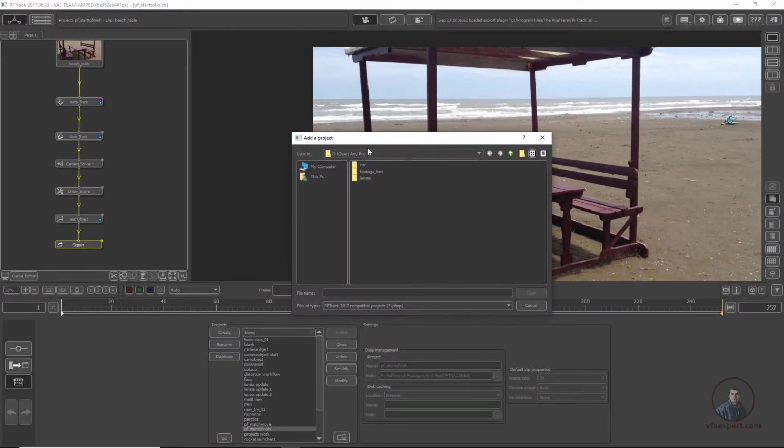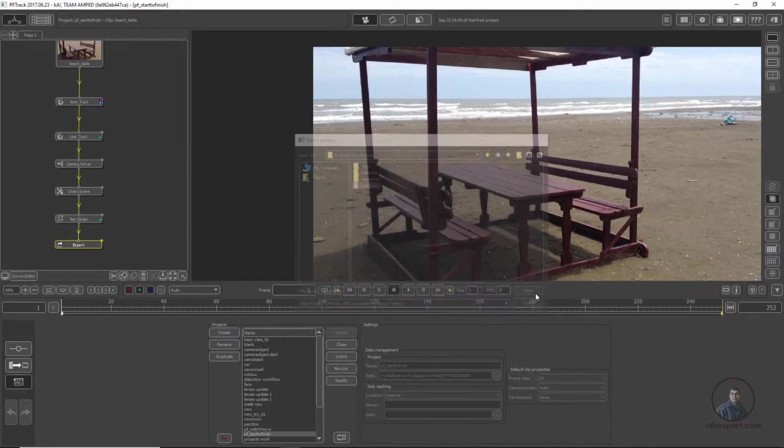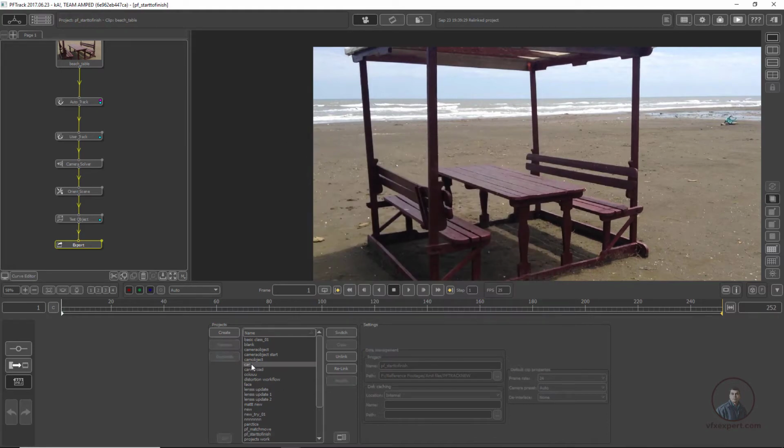From here you can select your project folder. So I have selected. From here you can select your drive, then after this the folder. Now this is our car project folder. Now open and select this car project. So I have selected this one, simply click on open. Now you can see this is our car project.